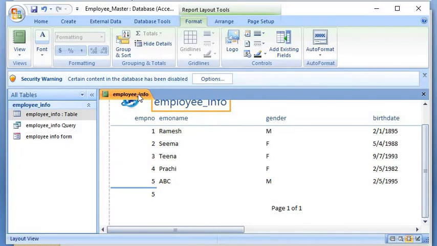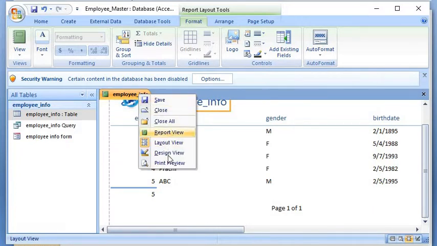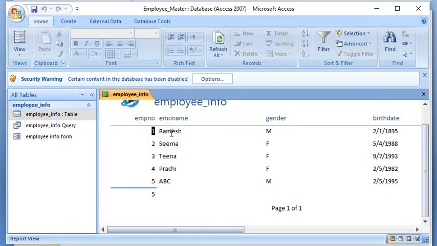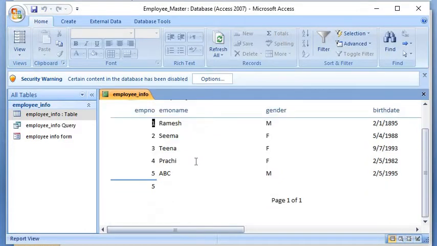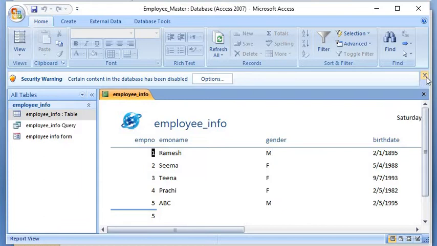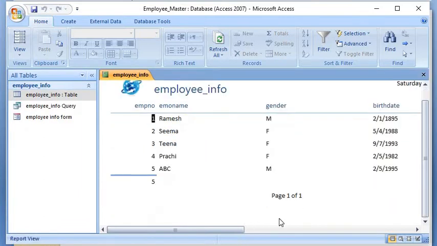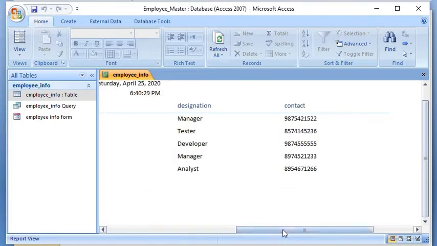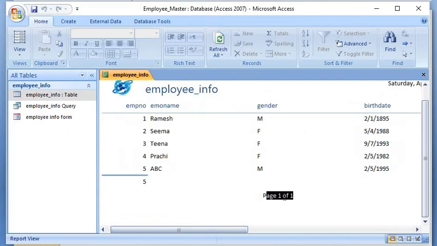If you right click this, you will get layout view, report view, design view and print preview. If you click on report view, it will show you the actual report, how it will look when it is printed. The page numbers are also given. If there are multiple pages, then the current viewing page will be highlighted here.